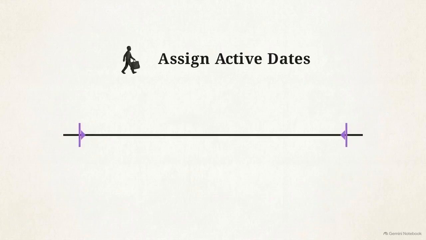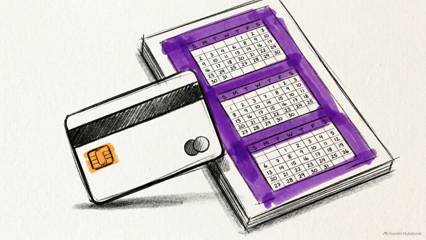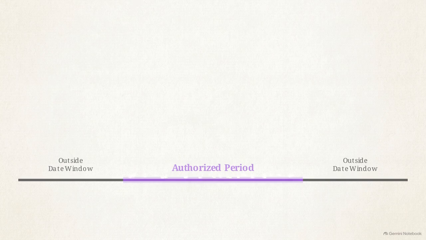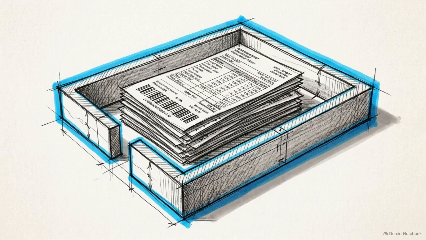Next, we assign active dates to these users. Setting a specific date window is crucial when dealing with an employee who left the company or a card that was only authorized for a few months. If any charges appear outside this approved timeframe, the system immediately flags them. This quickly exposes unauthorized purchases or post-separation spending that might otherwise blend in. Applying these strict time limits creates a secure perimeter around the data, isolating questionable charges well before you begin manually